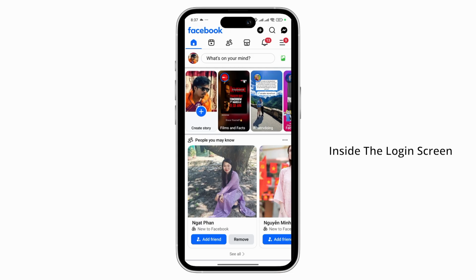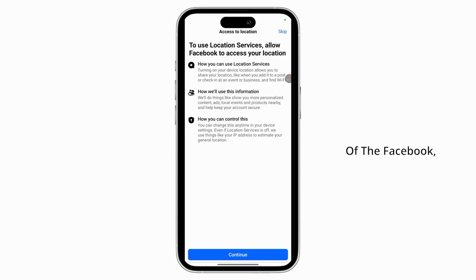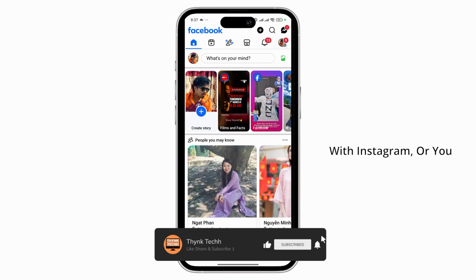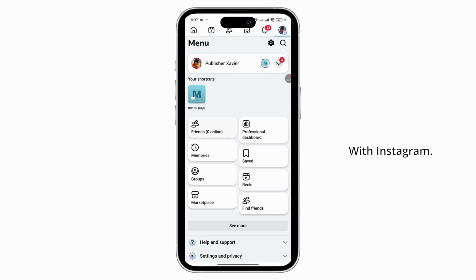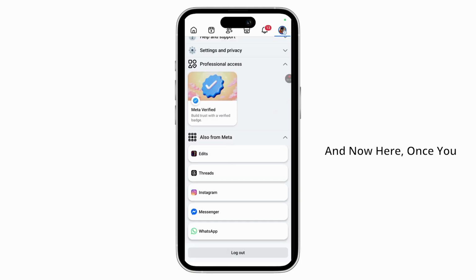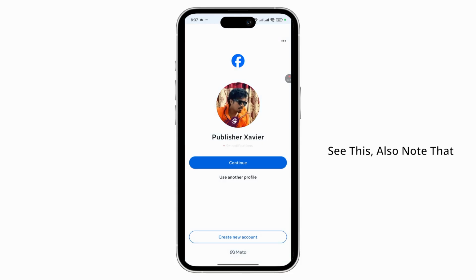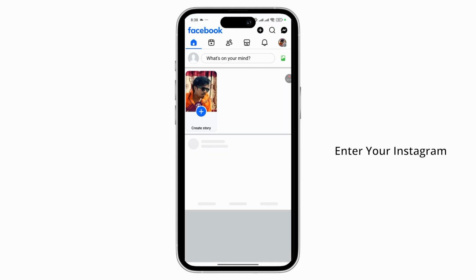Once you're inside the login screen of Facebook, you can just tap Login with Instagram, or you can Continue with Instagram. Also note that this option appears only if your Instagram account is linked to Facebook. So here you can just tap on Continue, and after that you can enter your Instagram username,